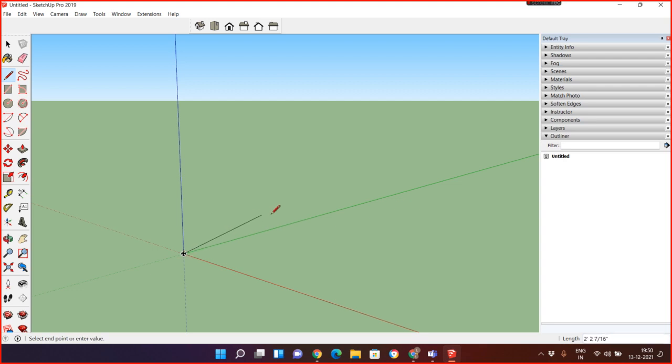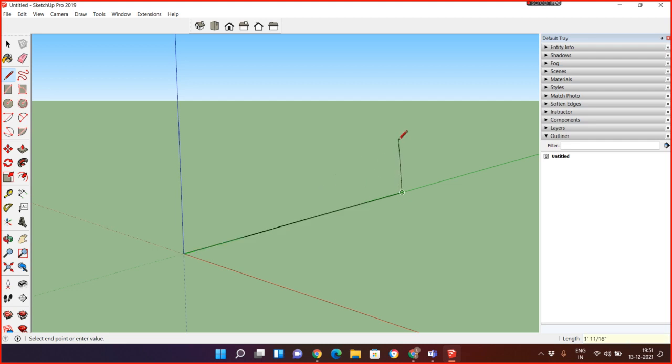If I click here and I'm going along this axis, don't worry, just press the left arrow button. When you press left arrow, it is automatically constrained to the green axis. Even if your mouse is in any direction, it stays constant. And if you want a particular length, see, look at the length: I'm using 5 feet, so it's just 5 feet.